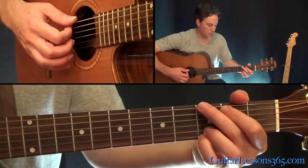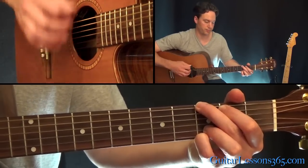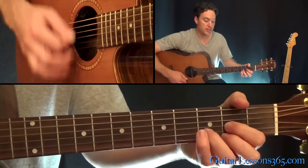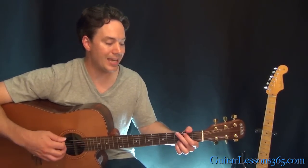So once again, that's with the horn section, G, D, G, to a C, D, and then we have the progression that I just played, which is the one for the verse, and this is when the vocals start coming in. So that is G,